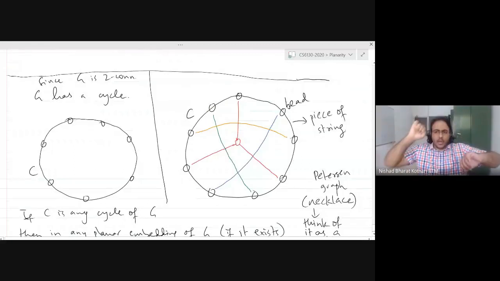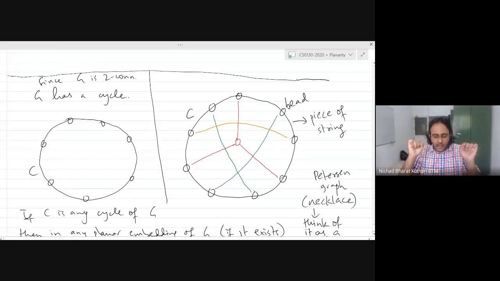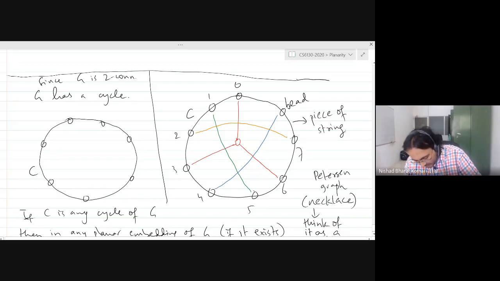What I want you to do is tell me how you can cut out this cycle. I want you to cut this cycle C from the rest of the necklace. We are going to destroy the necklace, unfortunately, by using a scissor. So you want to use a scissor and cut out this cycle C from the rest of the necklace. How exactly would you do that? Could someone tell me by looking at these colors, and maybe let me number the vertices: 0, 1, 2, 3, 4, 5, 6, 7, 8. So that is 9 vertices and number 9. Okay, so there are 10 vertices, 0 to 9.